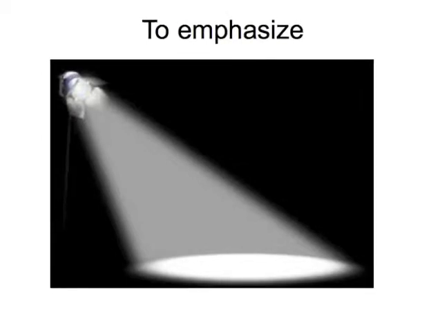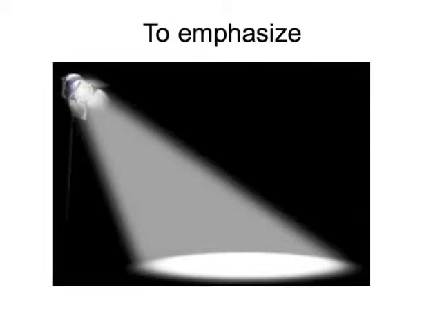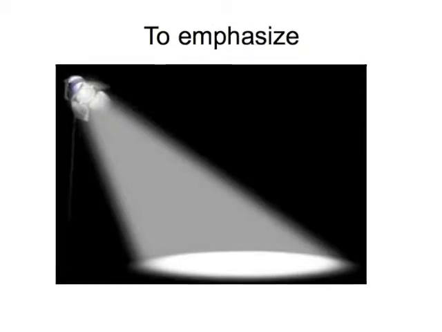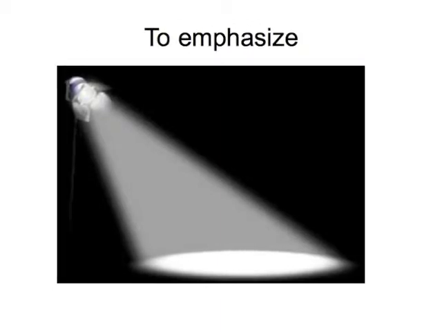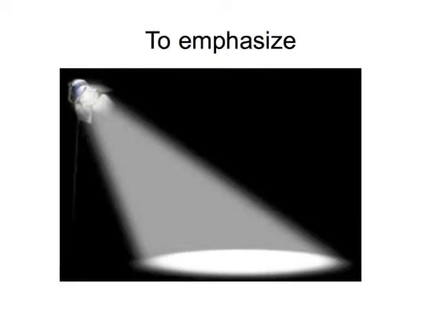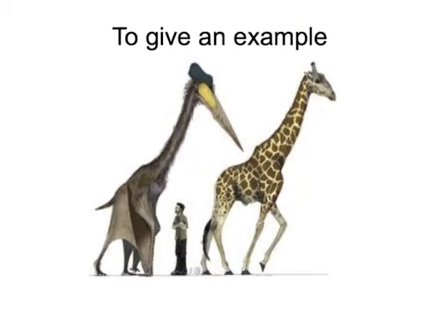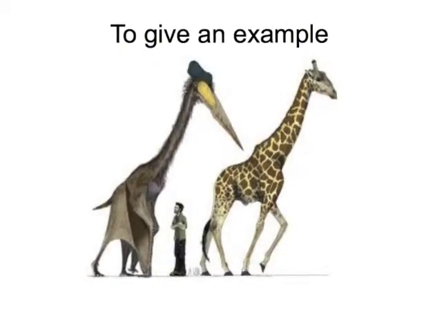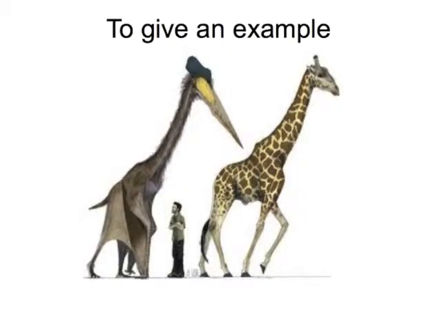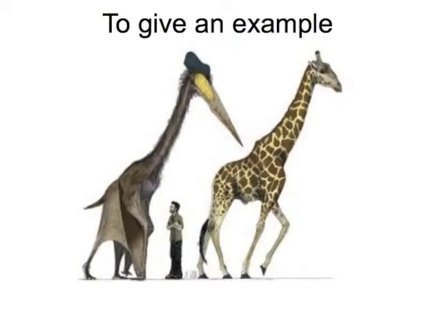Another group helps you emphasize a point when you really want to hit something home. These words are definitely, extremely, obviously, in fact, in any case, absolutely, positively, unquestionably, without a doubt, certainly, undeniably, without reservation. Another group helps you give an example. This is an important idea for SEE when you're trying to elaborate on your point. These are words like as an example, to illustrate, for example, for instance, take the case of.